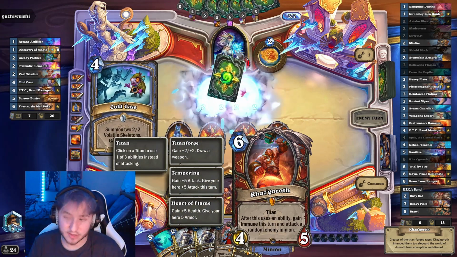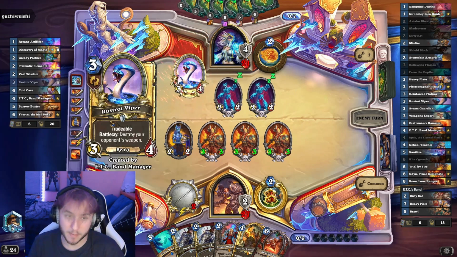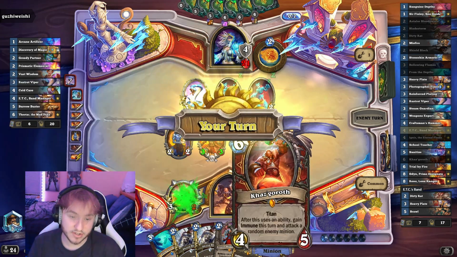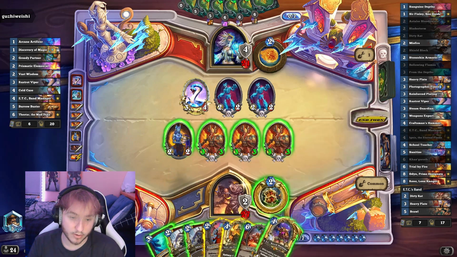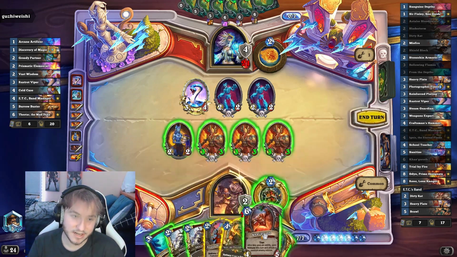Because every deck has an answer for this card. Like, Death Knight has everything less than 4 mana to clear this. Mage could easily get through this. Even Warrior could get through their own, an opposing Khazgroth. And so that's why I'm like, they could have definitely...